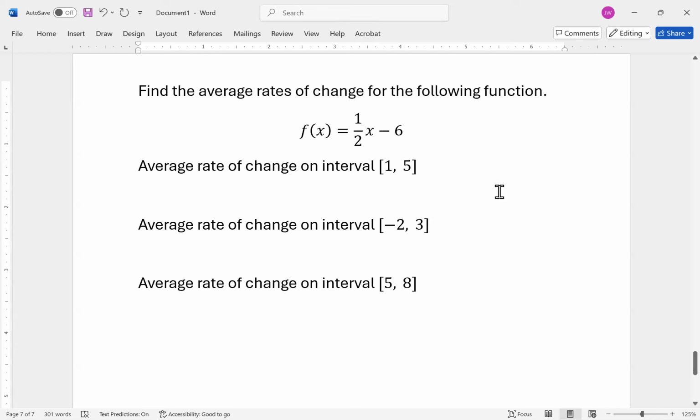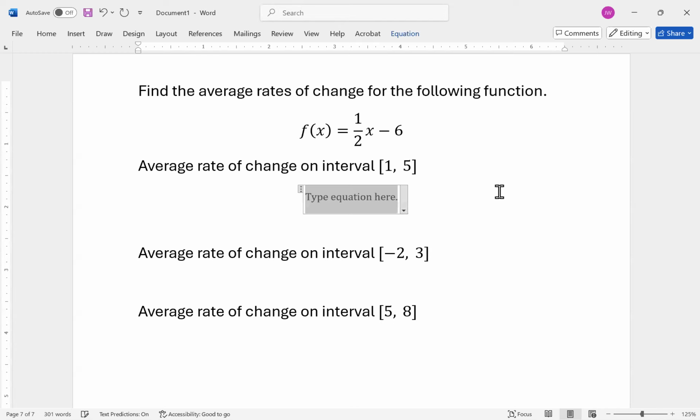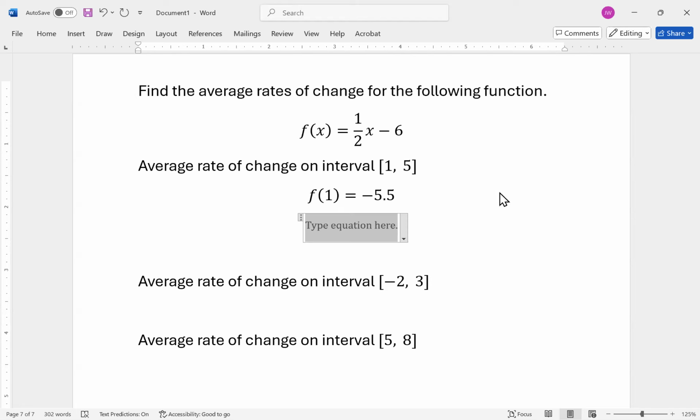I'm going to do this fairly quickly. Hopefully it's not too much. But when we plug in an x value of 1, we get a y value of -5.5. When I plug in the x value of 5 into the function, you can calculate this. I'm not going to spend too much time. You get a